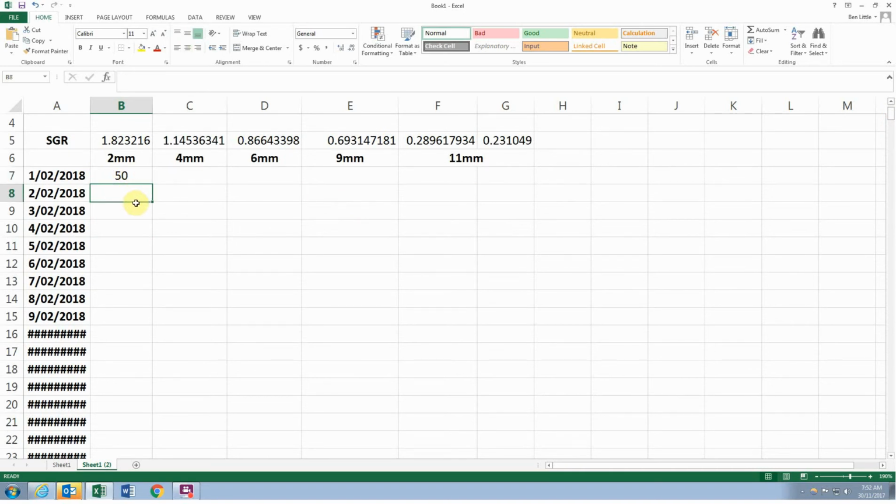It's quite easy for us to do it. It just takes a little bit of thinking about what's going on. So we're going to go equals 50 multiplied by 1.8, and that's going to give us the percentage. So if I press enter there, it's going to say my fish have grown to 91 grams in that day, if that makes sense. And then if I fill down,